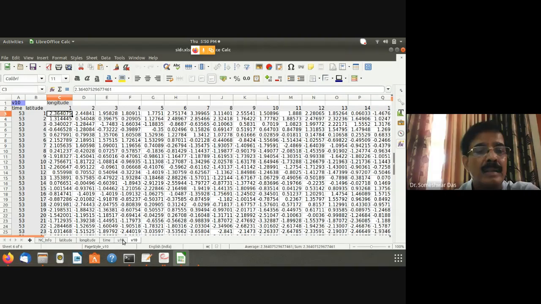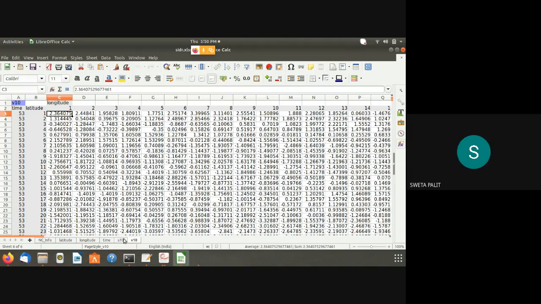Sorry, sir. Which one is? In this file, when you are reading the file, it is reading from this file, right? Sir, I'm not reading it directly from Excel. I'm taking the text from Excel, copying it into a text file, and reading from there.